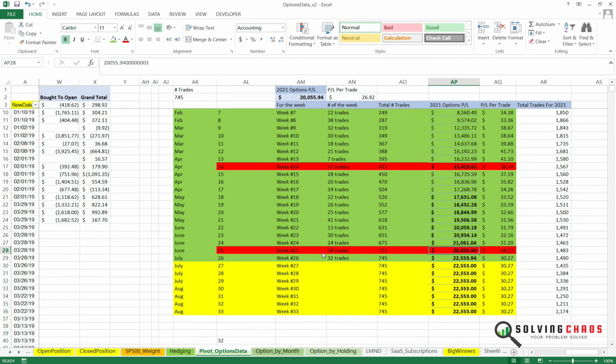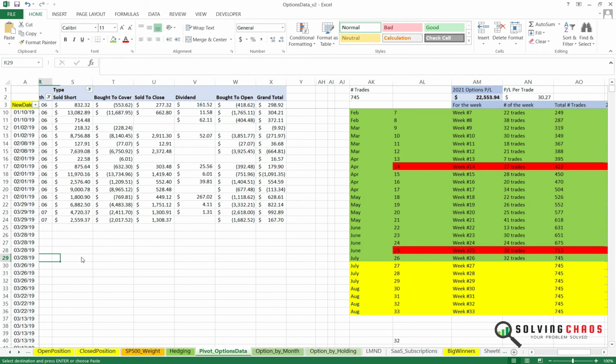And I just fixed this up. We're at trade number 745, 32 trades for week number 26. And we're showing a running profit now of 22,553. So everything looks like it's okay, and I'll show you some of my trades. So what this is telling you is